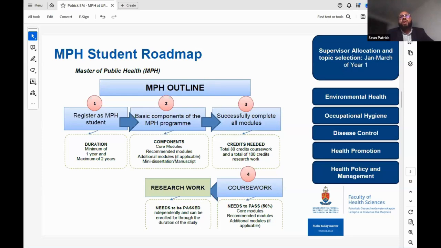The student will have to pass the coursework independently, at least 50%, and the research work at least 50% as well. Now, because we've moved the core modules of epidemiology and biostats to the PGDIP, we have an applied module called data science for public health, where we revisit epidemiology and biostats, as well as some of the other topics, but now we're looking at advanced analytics, data science, and machine learning, for example, as an introductory course, in order to have the students apply what they've learned within their postgraduate diploma.